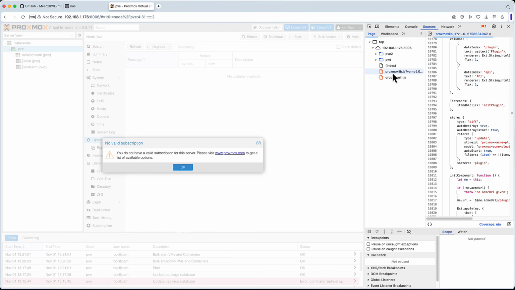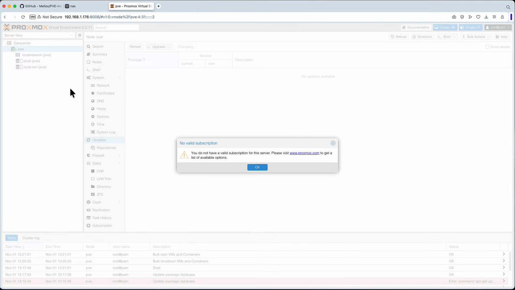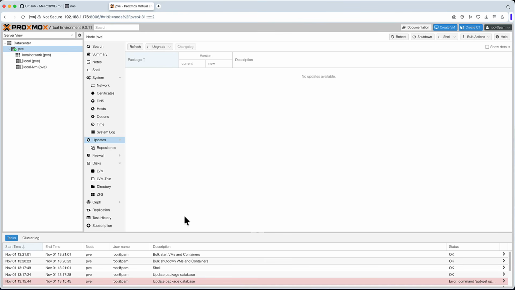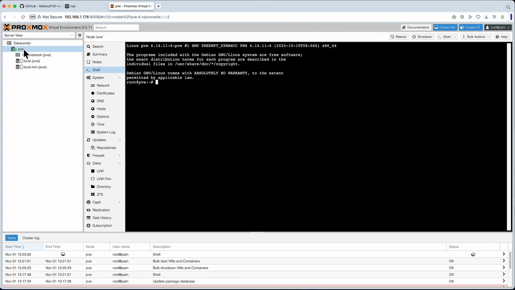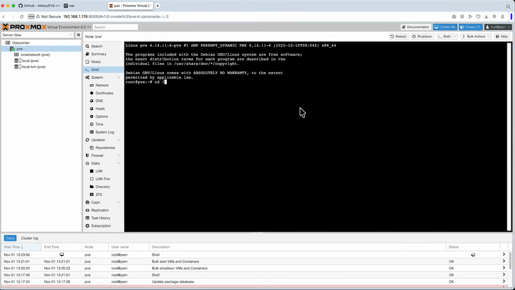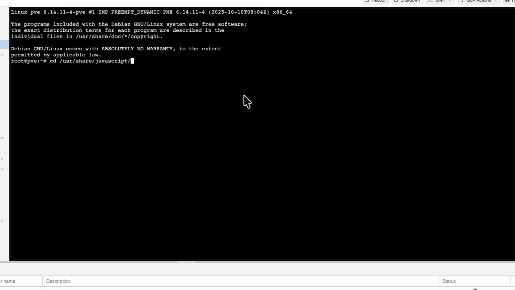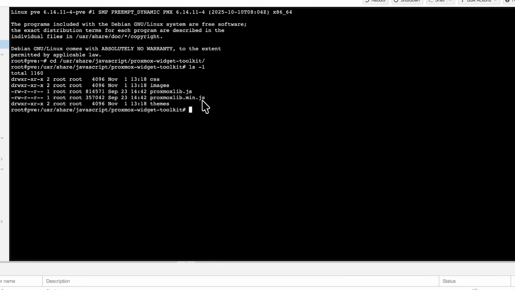And you have to find this proxmoxlib. You can use the find command, but I can simply show you where it is. I say OK, hopefully for the last time. I will not see that message anymore. We go to shell, still being in the node, yes, selecting node. I say cd /usr/share/javascript/proxmox-widget-toolkit. And if I run ls -l, this is the file we are interested in,